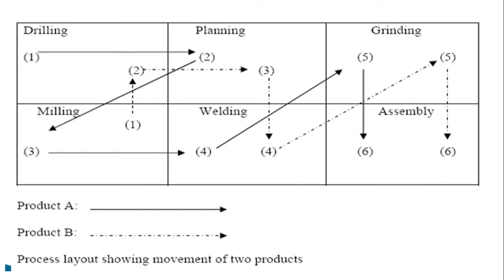Advantages of a process layout: flexibility in adapting to changing volumes and changing varieties is possible. It helps workmen learn more skills, as job rotation enriches their skills. Some disadvantages: space requirement increases when the work volume increases. Then high work in progress inventory, as jobs have to queue up for each operation. And difficulty in scheduling work, as different jobs have different operation sequences. So these are the disadvantages of process layout.